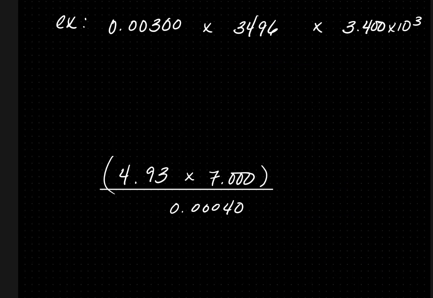Let's look at our first example. It's a multiplication, so we're going to multiply 0.00300 times 3,496 times 3.400 times 10 to the third. If you do your math correctly, you should get approximately 35,659.2. That's step 1. Now I'm going to go back to the original problem and count the number of sig